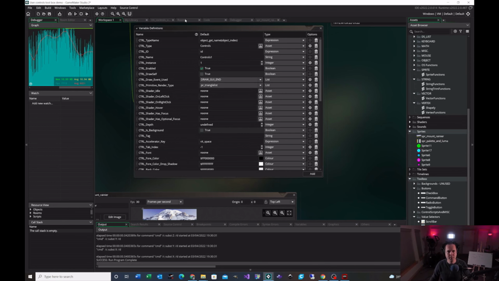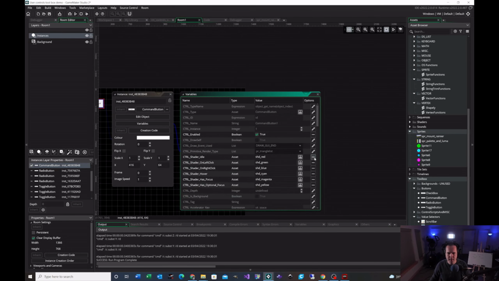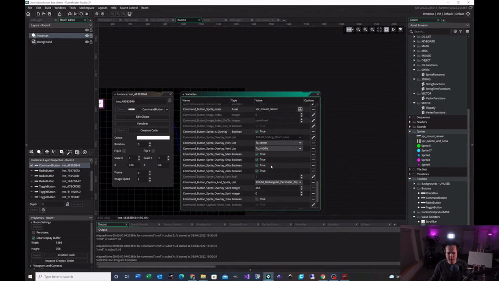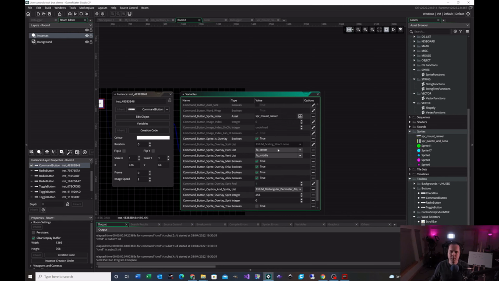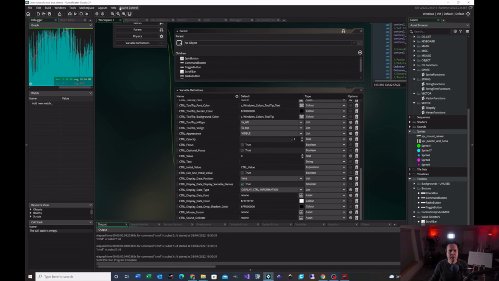Let me go back to the room. And we will go ahead and stretch to fit. Let me just turn these off for now. So we'll say that we have the Mount Rainier sprite on there. We'll go ahead and change this where it says overlay. So you can either stretch to fit here, and this is going to be different than what you're expecting. If it was flat design, it really would stretch to fit to the outside, but skeuomorphism will only stretch to fit to the top of the button. That's like, I call it the plateau of the button,